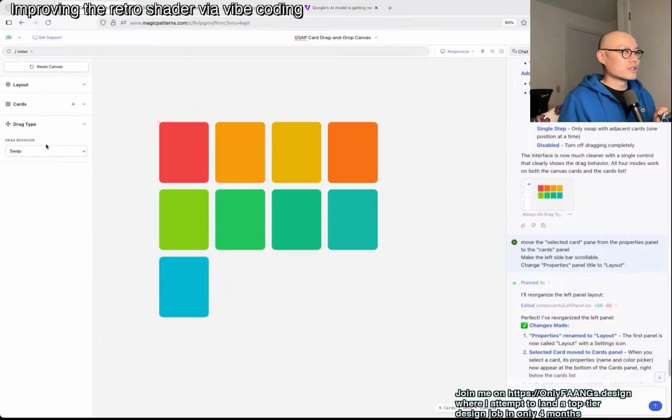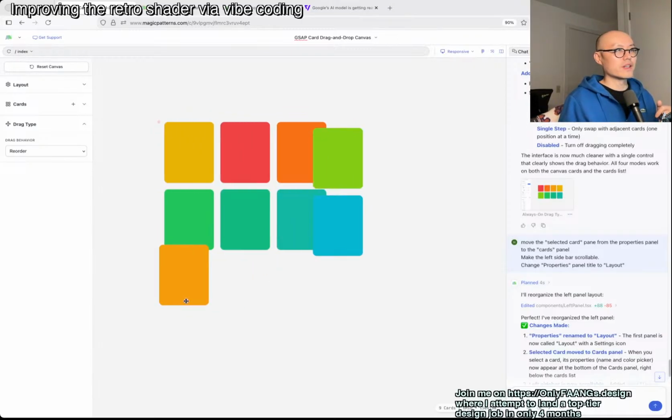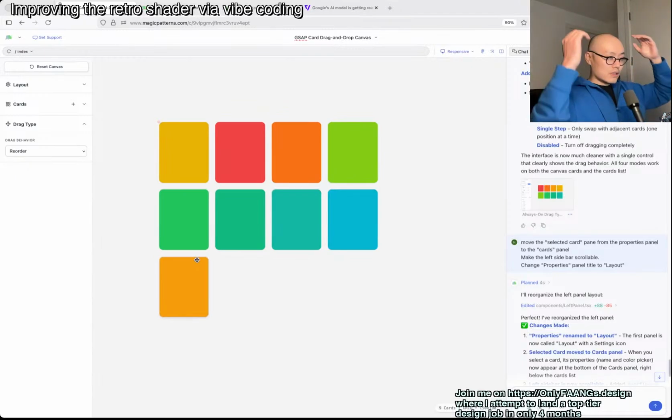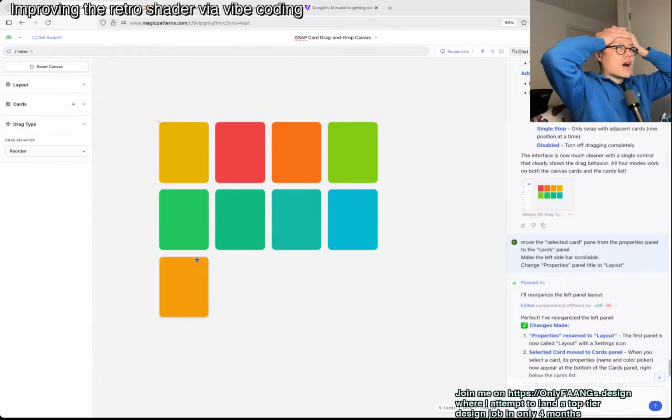And then reorder, which is to move the red card, say after the orange card, and then our yellow card, and the orange card would move to the first position. Or I can move it to the very end. So these are the basic drag and drop options, and I have to do a lot more to make this